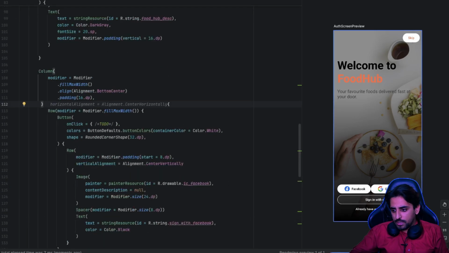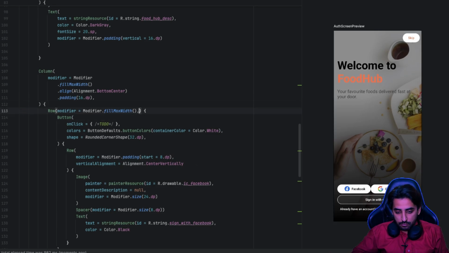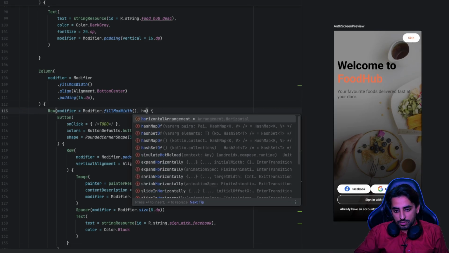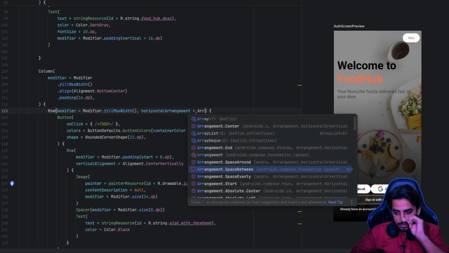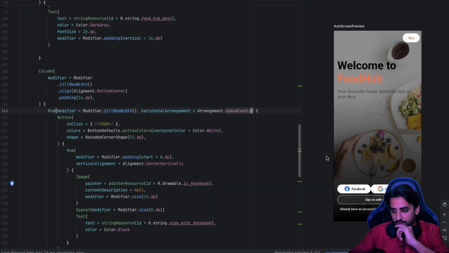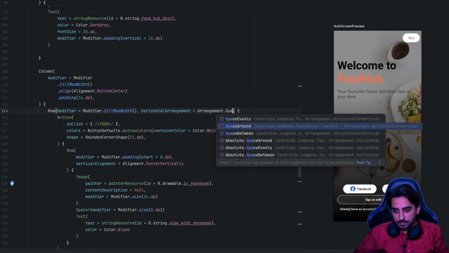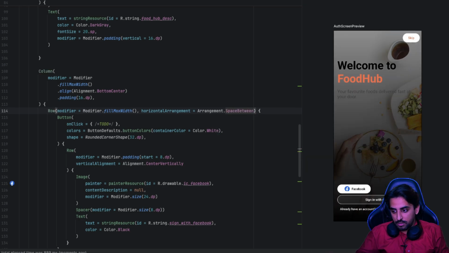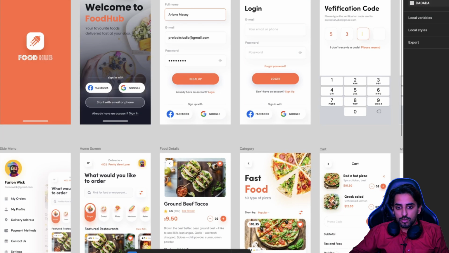Okay, now one thing is that I want a little bit of spacing between them, and for that I'm gonna say horizontal arrangement, and that means the arrangement is going to be spaced evenly, which means that we will be evenly spaced from each other, and it will be something like this, or you can call it space between,